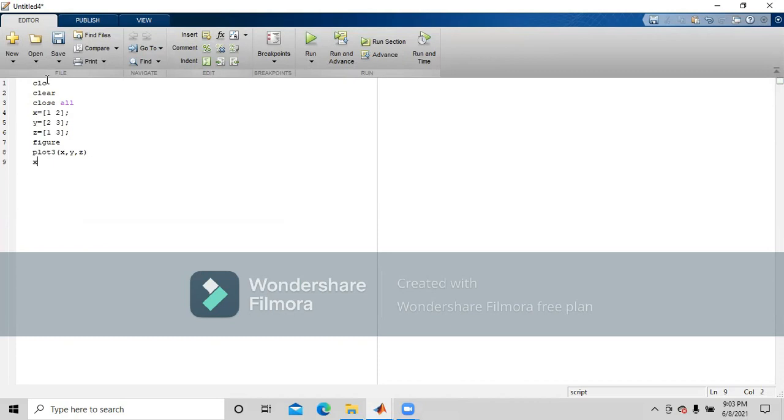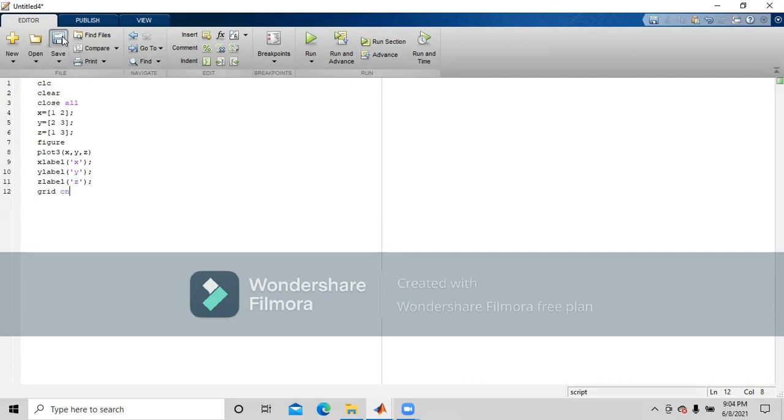Then you can put the x label, you can just name it x, then the y label, and then the z label. And then you can also put grid on.